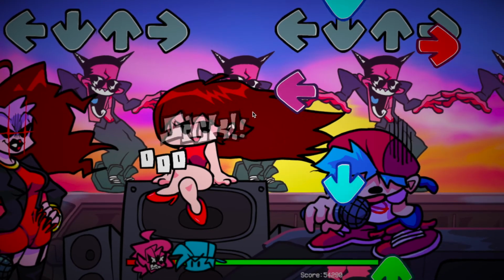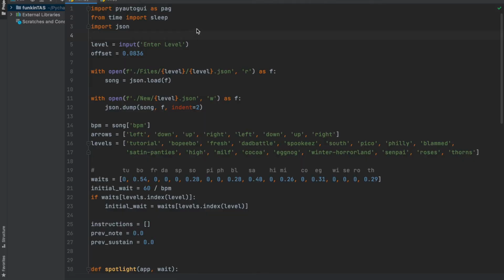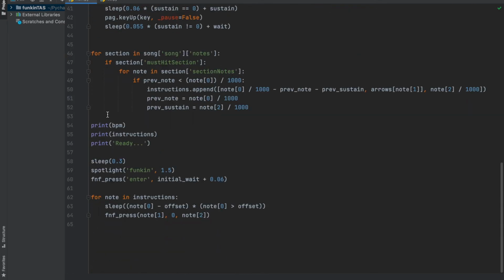And here you go. So first, I'm going to break down the code. First things first, the three imports that you need are PyAutoGUI for auto-clicking, the sleep for waiting, and the JSON library. This prompts you to type the level, and this is the offset. Basically, it is the amount of seconds that are subtracted from the waiting times down here in order to correct